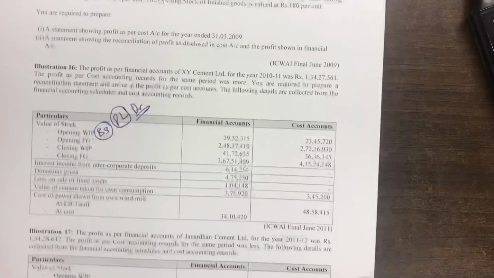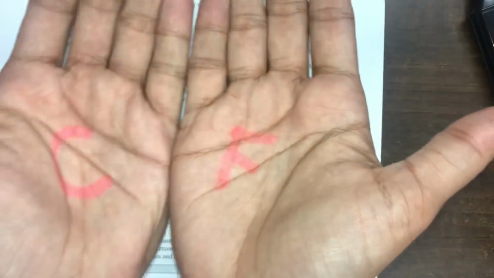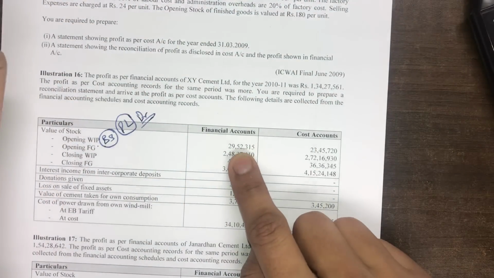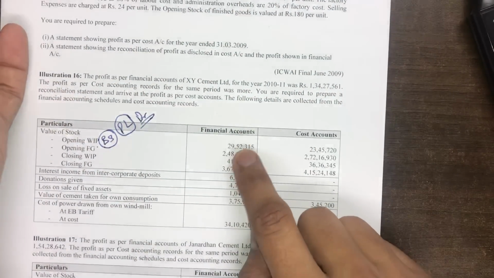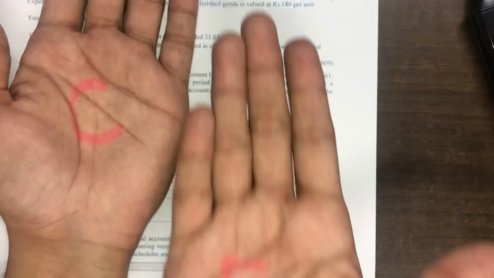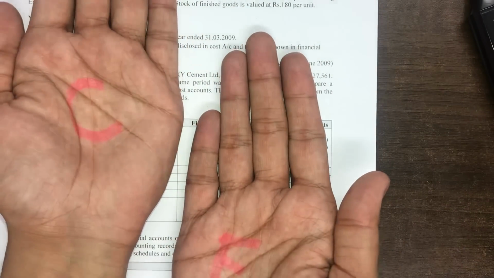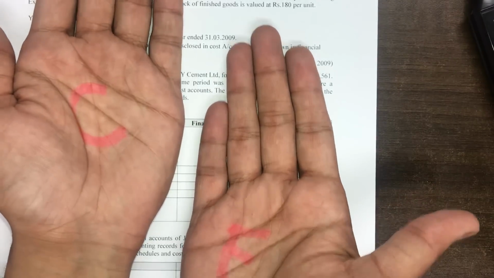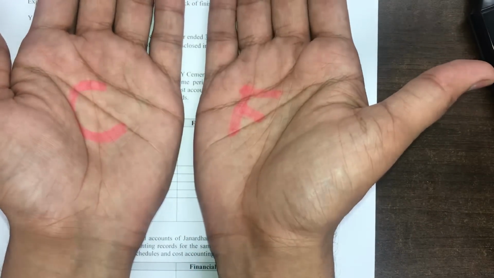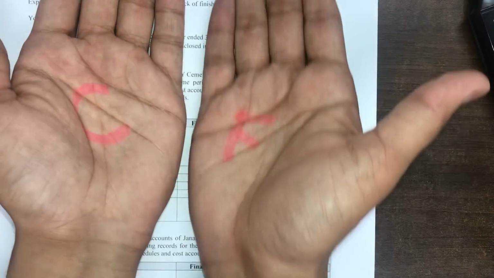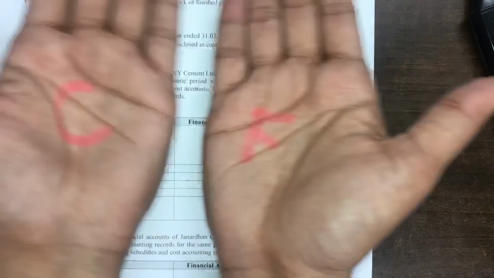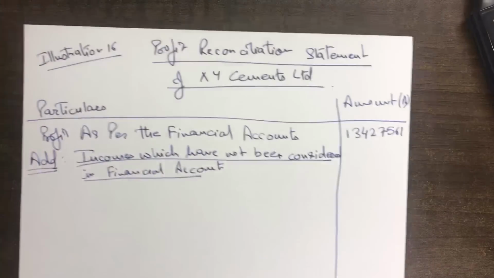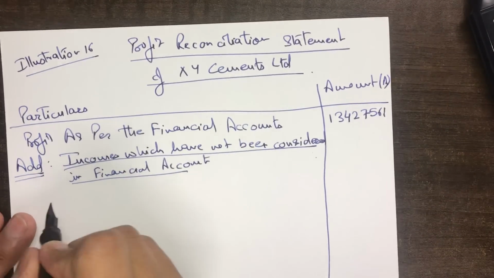Now let's see whether the right hand should move upwards or downwards. Financial profit is containing expense which is more. So financial profit is less and costing profit is more. So you tell me, what should I do? I should add to the financial profit. So this adjustment will be added to the financial profit to make it equal to the costing profit. So the adjustment will be add